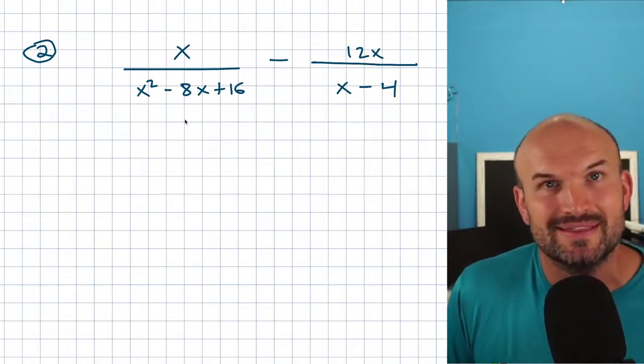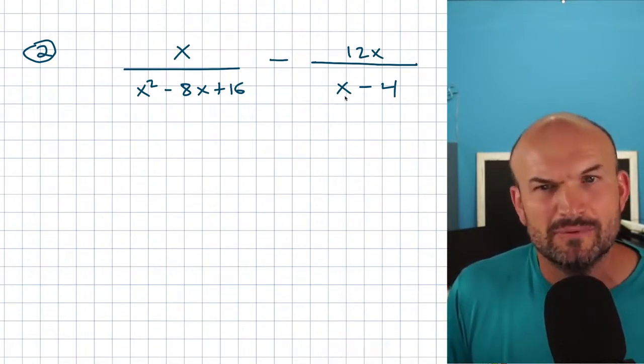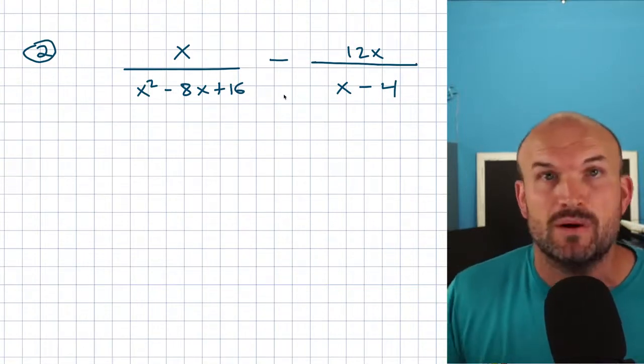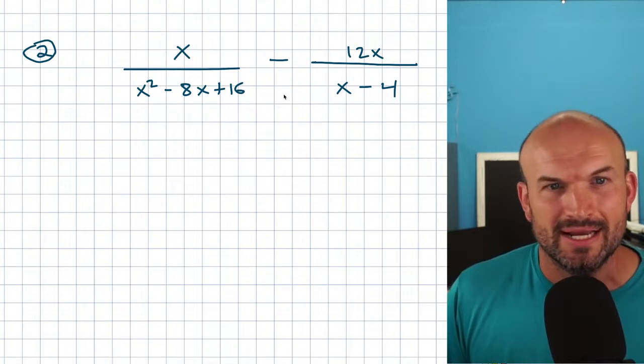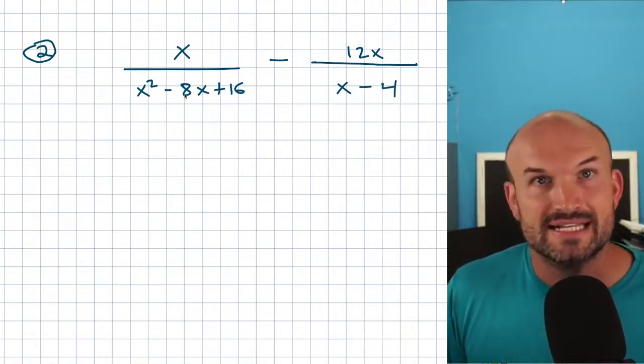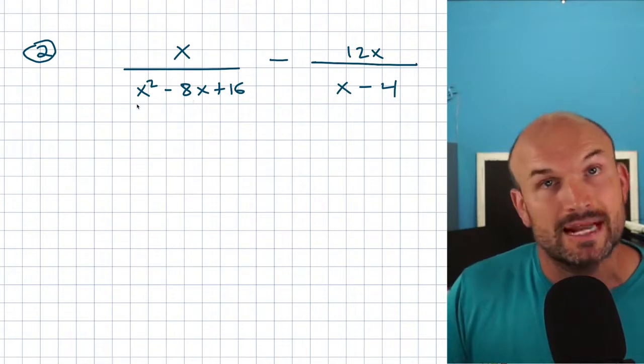And again, if you think about the whole idea of the LCD, do I really want to multiply an x minus 4 times this expression to get some random multiple that would have the common denominator? No, right? What I want to do is say, all right, I have a quadratic, how can I factor this? Now, this was not a difference of 2 squares, where it was a quadratic binomial, but